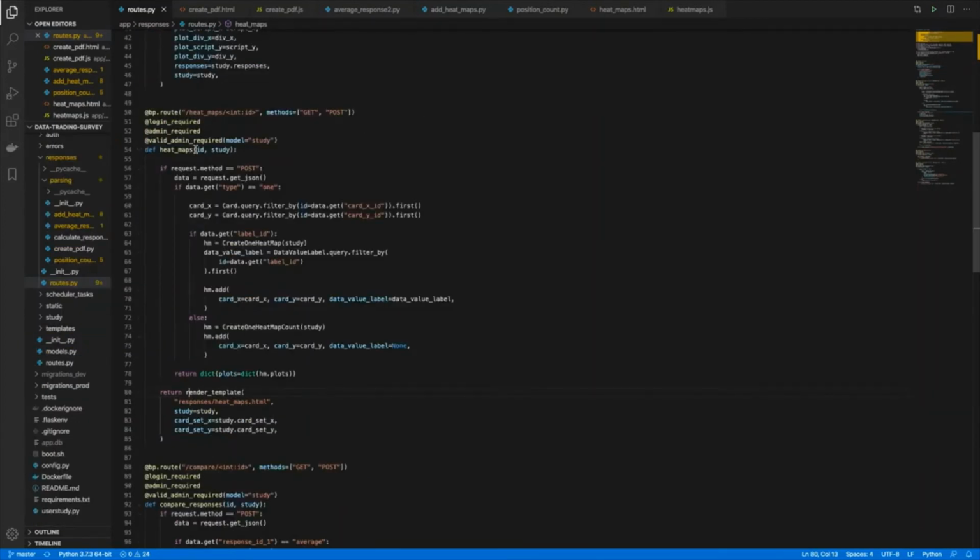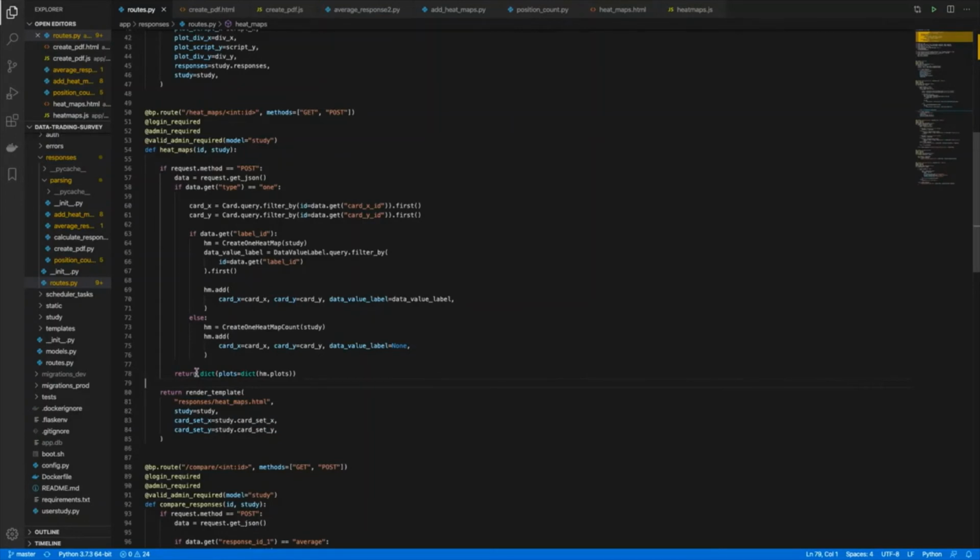Moving on to the heat maps endpoint in the responses module. If the client is performing a GET request, initially a form is displayed to them here. You may notice that unlike the other forms seen in the previous modules, there is no form class being instantiated anywhere.